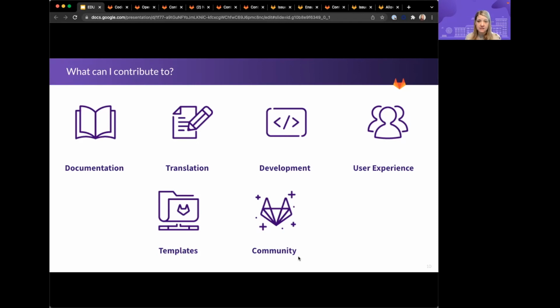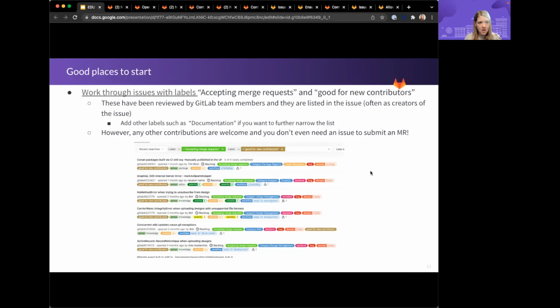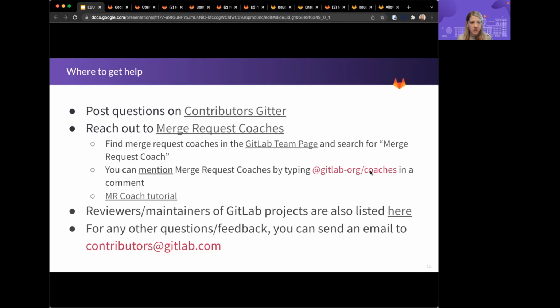And again, for your class assignment, you may want to focus here at the top, which is where you're contributing code to the GitLab project. So I also put this screenshot in there, since I know that you'll have the slide deck. Remember to look for accepting merge requests and good for new contributors. Look for not assigned, and then also the category or the track. So documentation is a really good example. And then remember, if there's something that you see that you want to fix, you can always submit an MR without having a specific issue. We just recommend using the existing issues as a great place to get started.